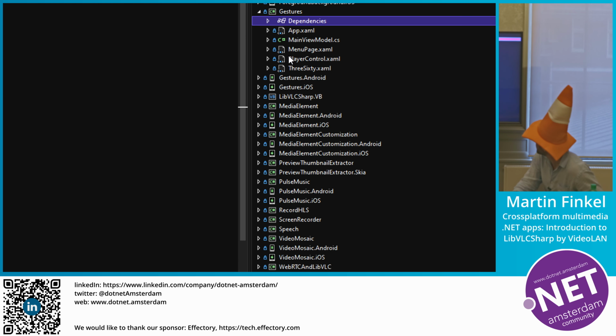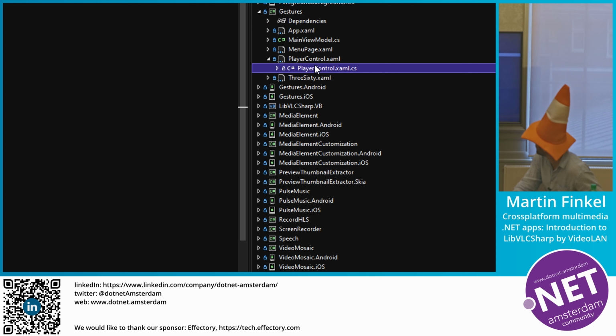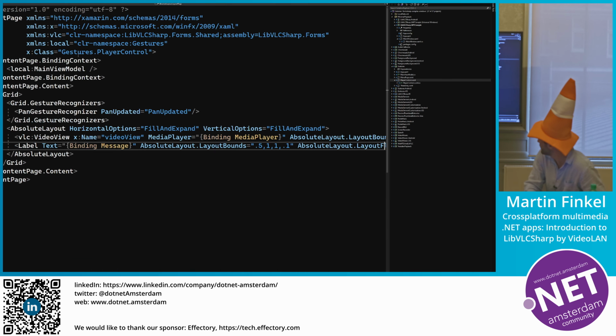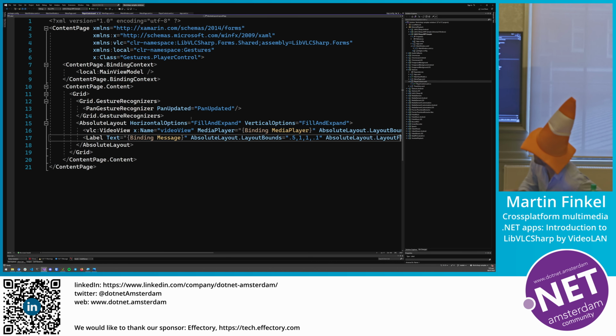Player control. So this is a very simple page. This is a content page which is gonna work on iOS and Android, right?